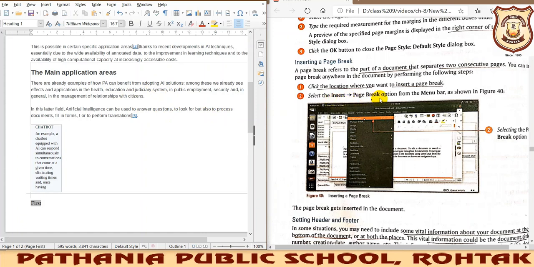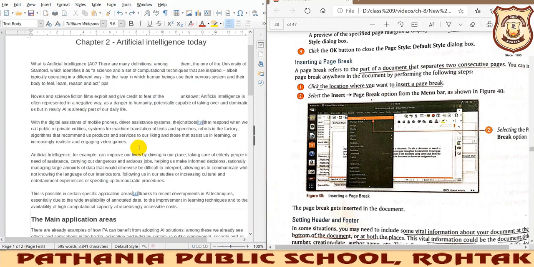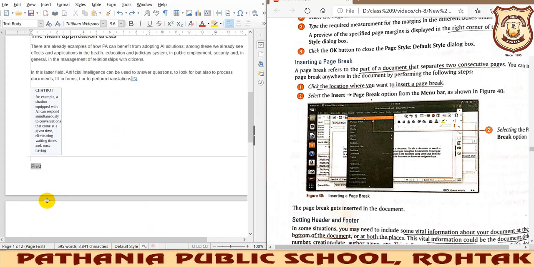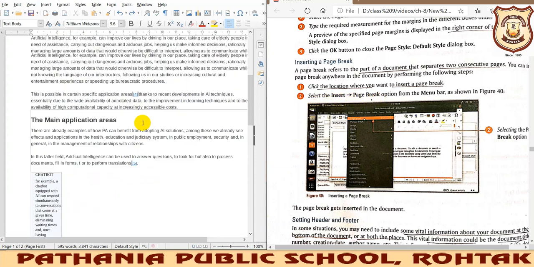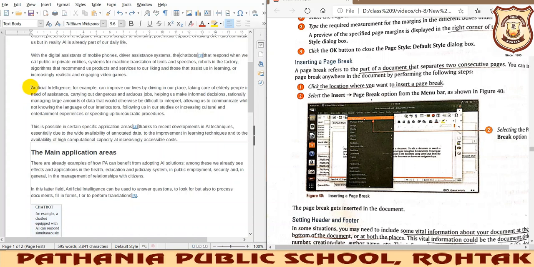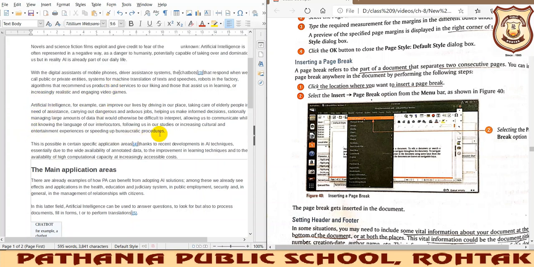Okay, so let us see how to implement this page break option. So for that, what is to be done? See, actually by default the page break is already visible to you. This is the page break. Okay, so what is the benefit of using this particular feature that is available in the insert tab? The page break option is there. So let me make it very clear to you. Let us say we want to have a page break here, just that after this text, the rest of the thing should come on the next page.